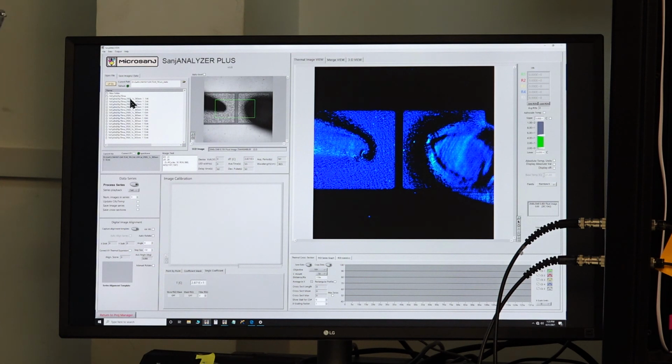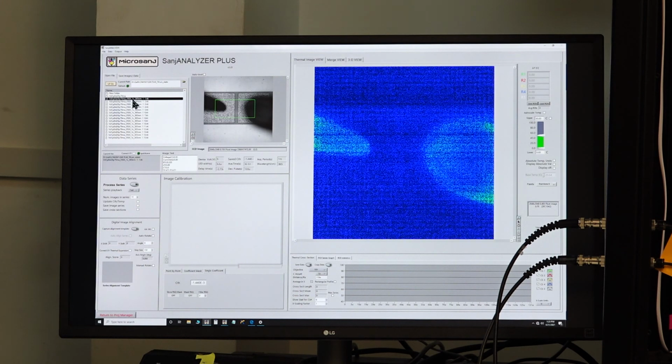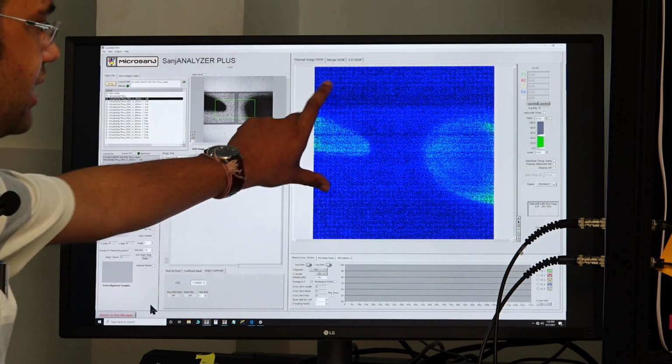So we load this thermal image, and we click the first member of the series. Okay. So this is the thermal image which has been taken during measurement.